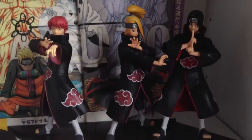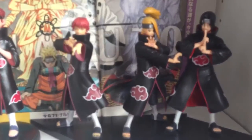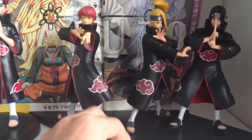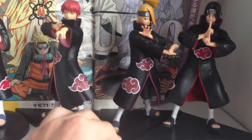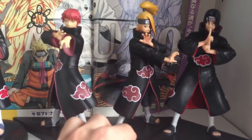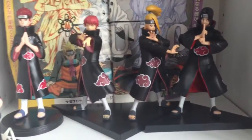Now these three figures were actually Banpresto released figures. So these actually are genuine licensed products from Japan. So of course you've got Sasori, Deidara, and Itachi, probably three of the more popular members of the Akatsuki. So you're going, hang on, there's still a couple missing, right? Well,